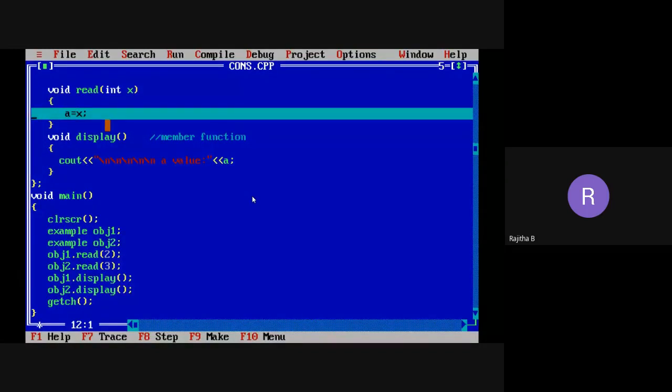So let us take one, wait a minute. I will clear your doubt with the diagram. Yeah, wait a minute.